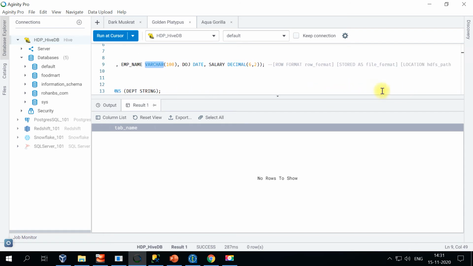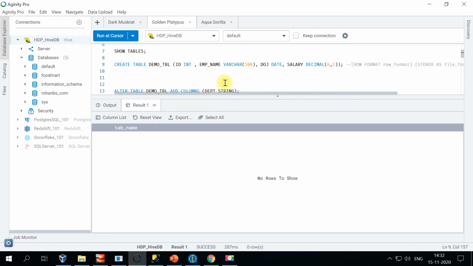And towards the end, you can see these are the optional parameters for creating any table. You can specify your row format. You can even specify the stored as file format, like if you want to do it as CSV or TXT or gzip or any other type. The row format is nothing but delimited or any other format. And you can even specify the location. So let's say your data file is already in HDFS, you can specify the location of this HDFS file. That way, by default it will take care of the HDFS data file.